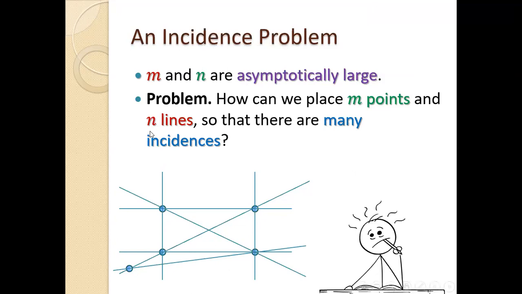No thoughts? Oh. Someone asked me in private, do I want no more than 2 points to be collinear? No. You need a lot of points to be on the same line. If every line just contains 2 or 3 points, you won't be able to get many incidences. So we want something much larger than that. So how can we arrange points so that there are many, many lines that contain many points each?